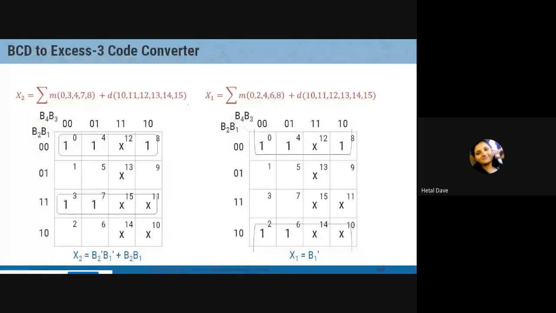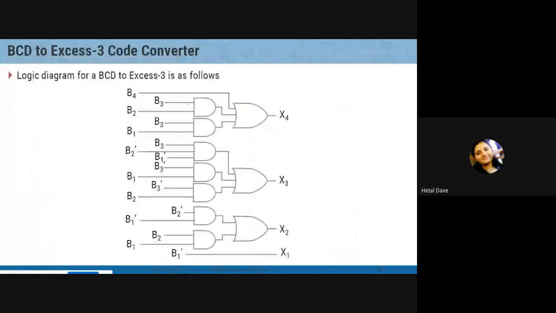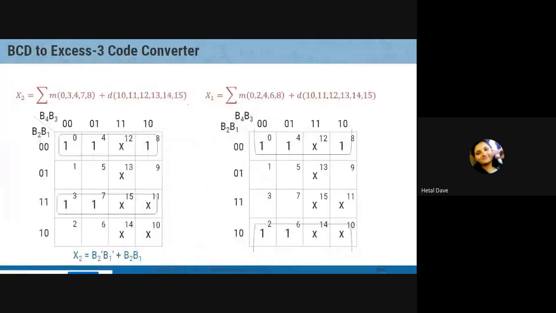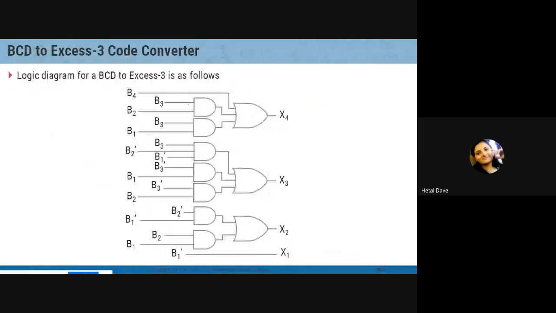So with this, we can conclude our second chapter, and from the equation, you can make the circuit. Those who were present in the lab have implemented this circuit. Okay, it is already implemented in the lab, which can give us BCD to XS3 conversion. Now in this circuit, whenever you apply any number, the equivalent XS3 we can get at the output side.